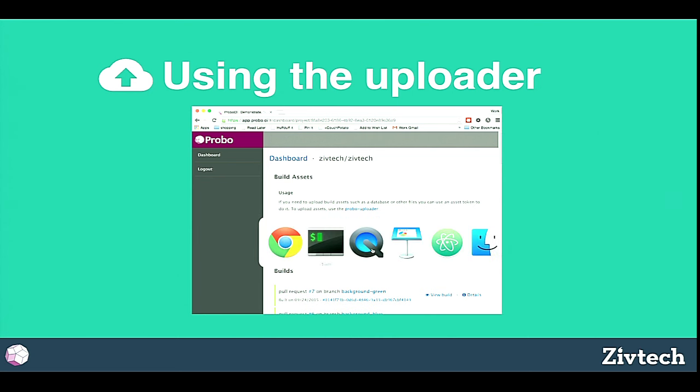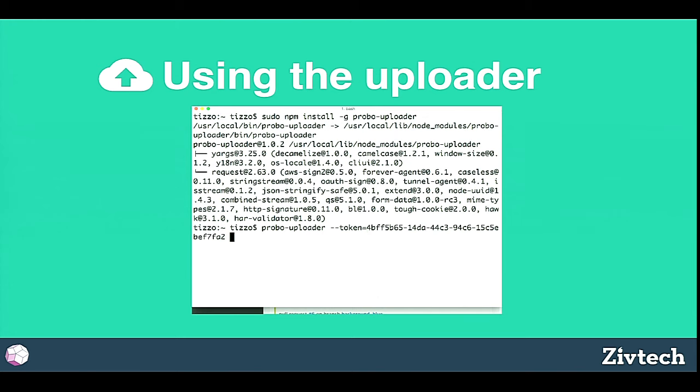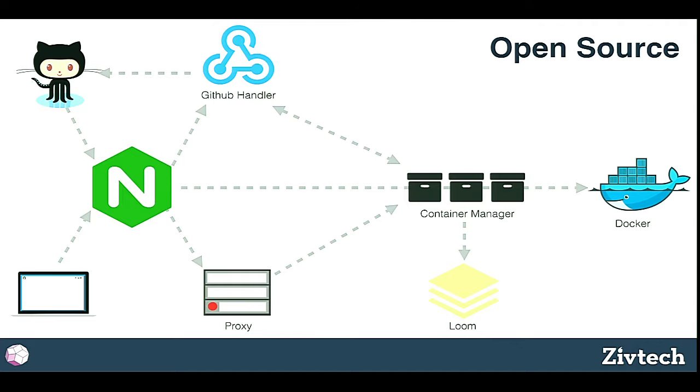So in terms of what you need to get started, all you need is a GitHub repo and to send us your database, and now we can start doing real builds with your real production data. That's all you need. Now, everything I've talked about so far, except for the UI I just showed, which I'll get into in a second, is all open source. We've given it all away. It's on github.com/Probo.CI.